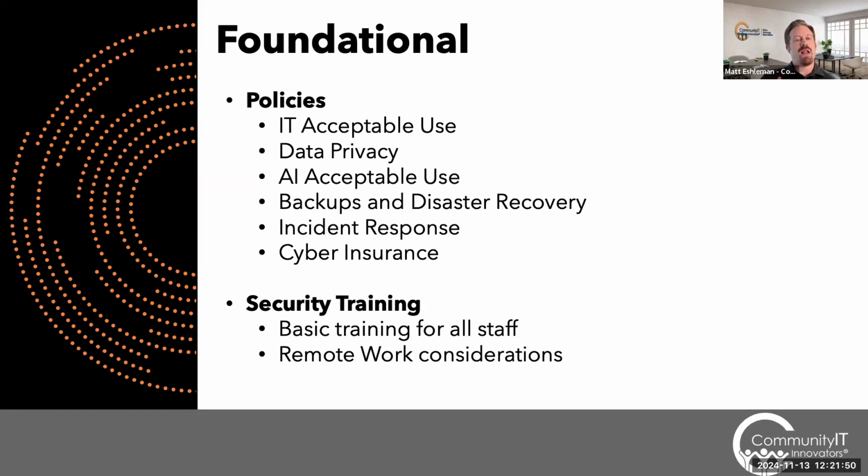And so from a policy perspective, organizations do need to invest the time to decide, as an organization, how they are going to adopt these tools. How are they going to make sure that their data is protected? How are they going to use this effectively? What are the guardrails that are going to be in place, and communicate that to staff so that staff know,